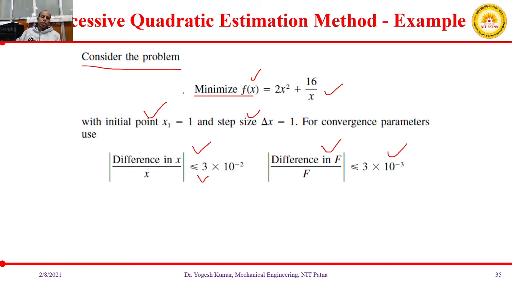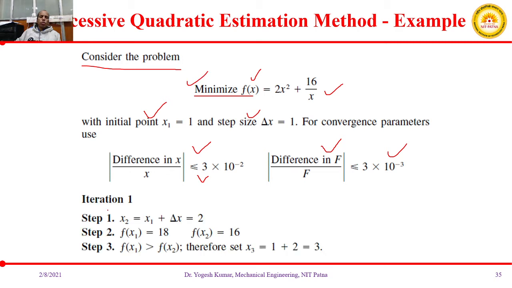So these are the termination conditions. Let us try to solve this particular problem using the successive quadratic estimation method. Let us call the first step, the first iteration, iteration number 1, and we will simply calculate the next point, that is x2, which will be equal to x1 plus delta x. So this is 1 plus 1 equal to